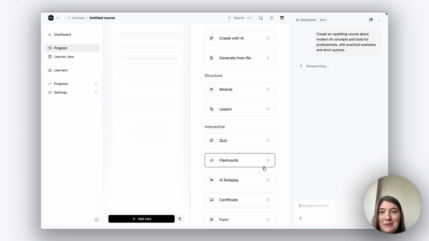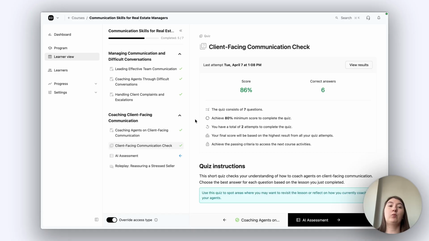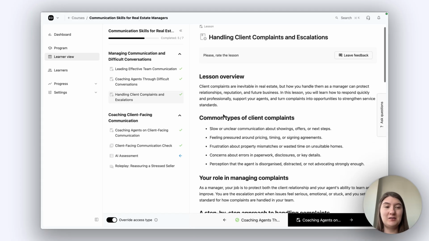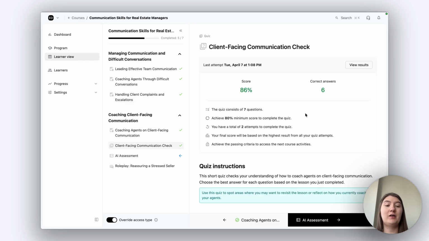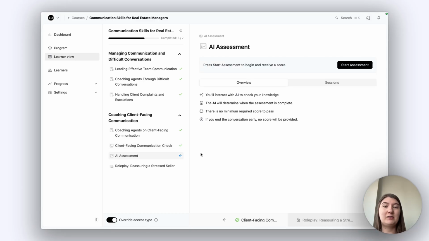Let's test it out. I really like the way it works, and additionally, I've tested a few lessons already, and I did a quiz which was quite simple and the instructions are quite clear, which is also what you want for your upskilling programs, to have clear instructions on what learners need to do. And additionally now I'm gonna do some AI assessment and AI role play just to practice and receive some feedback.